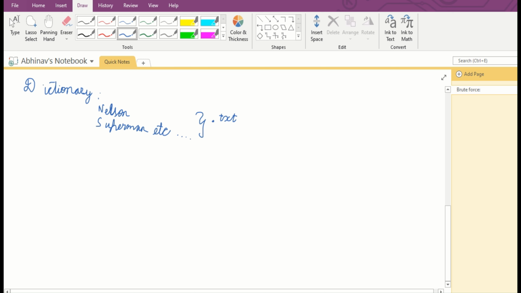Then I'll write an algorithm that will use this txt doc as a dictionary, and will try to match the password which I have entered to these passwords. If there's a match, I get a successful login. If there's no match, I'm going to have to move to the brute force method.